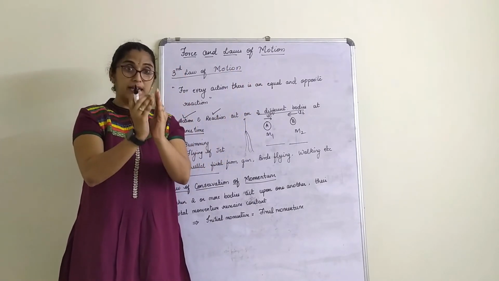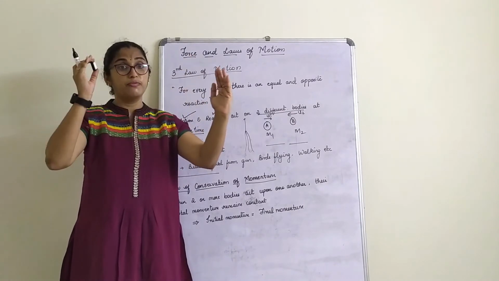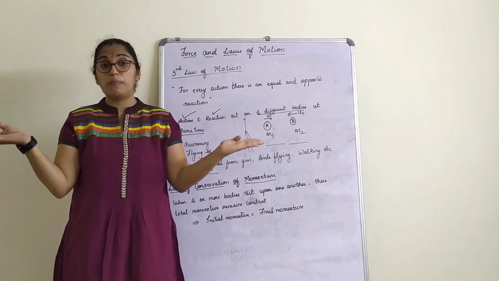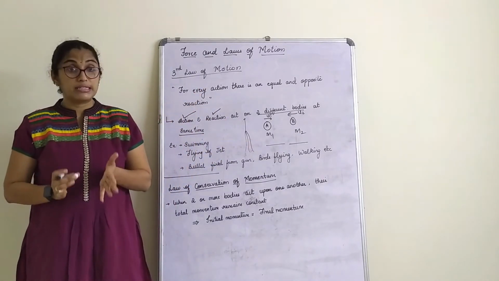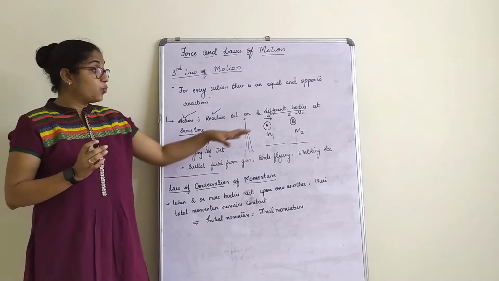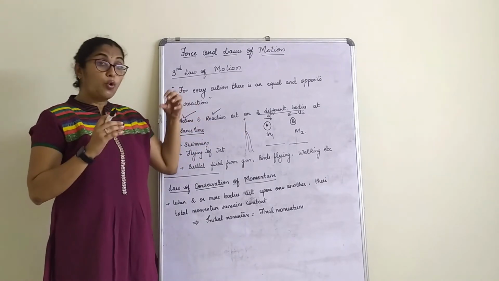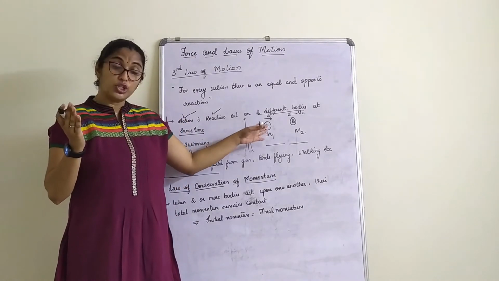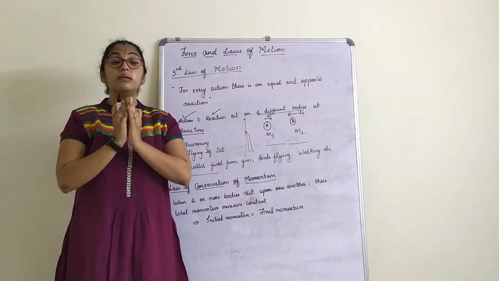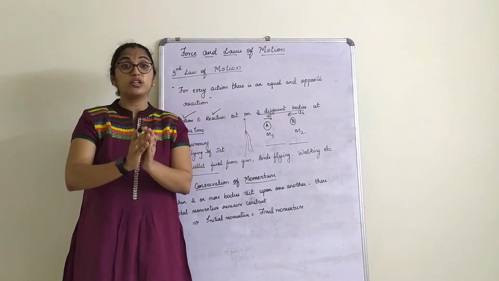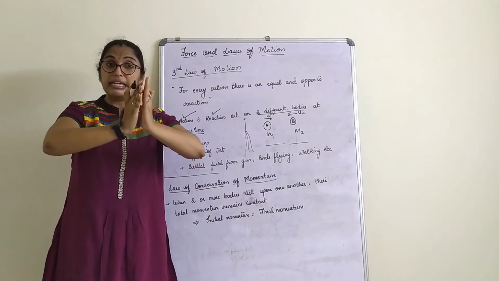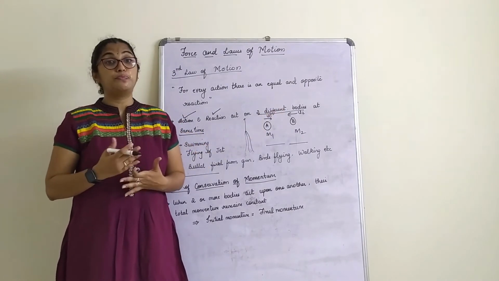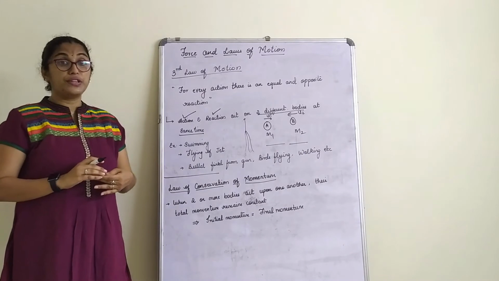simultaneously, both the objects where they are coming and they are striking, momentum 1 and momentum 2, when they go back, they collide with each other and they go back, their momentum remains constant, that is same. That means we understand from here that the total momentum of an object before collision is equal to the total momentum of an object after collision, because after colliding they again move back, they repel back, what you can say. So that is what we are going to prove in law of conservation of momentum.